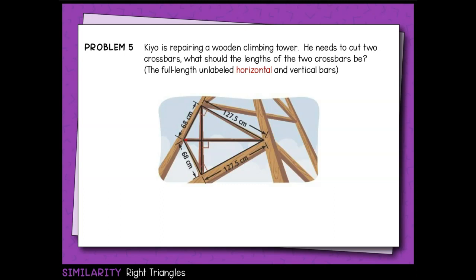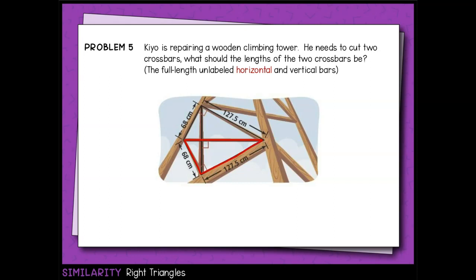So we're solving here for 2 different things. We're actually starting by solving for the horizontal crossbar, which I have highlighted in red. And then later on, we're going to solve for the vertical crossbar, which is this one going up and down. Let's start out with that horizontal crossbar though. If you look really closely, you'll see that this horizontal crossbar is actually part of a larger shape, which is